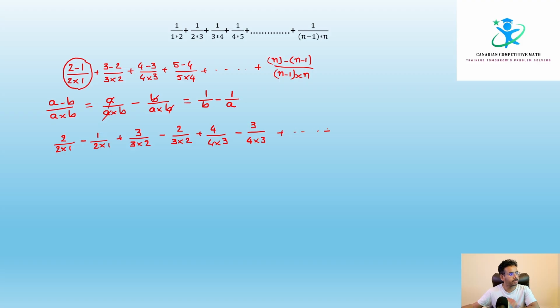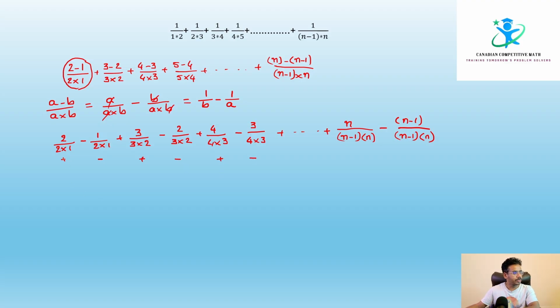All the way plus the final one I can write as n by (n minus 1) times n minus (n minus 1) by (n minus 1) times n. So each term we are writing as two terms, a positive and a negative, positive and negative, positive and negative,